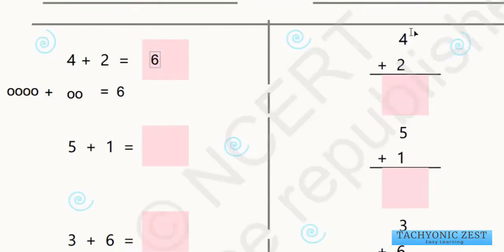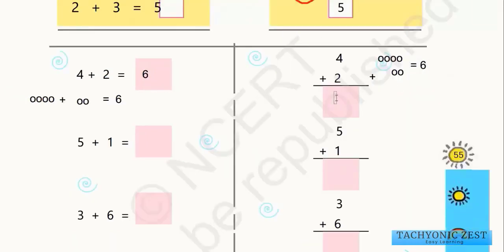Let us see this question again. This is the same question, 4 plus 2. We have to add 4 with 2. To add this, first we will take 4 balls. So 1, 2, 3, 4 balls, and then we will add 2 balls here. So 1, 2. What is the total number of balls we are getting here? If we count, the total number of balls is 1, 2, 3, 4, 5, 6. So the total number of balls we get is 6. So the answer here is 6.